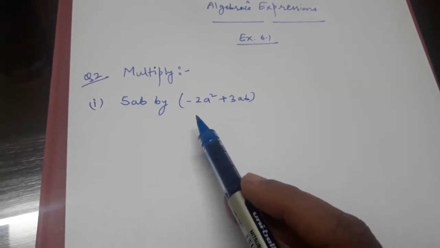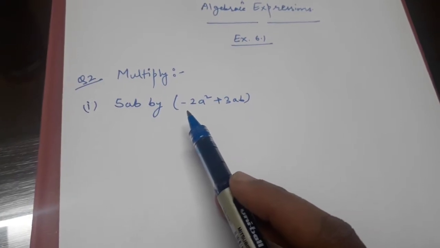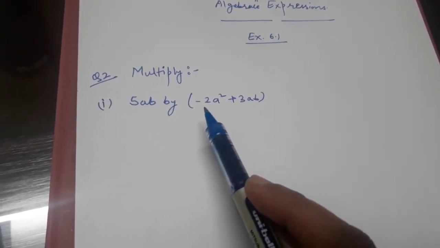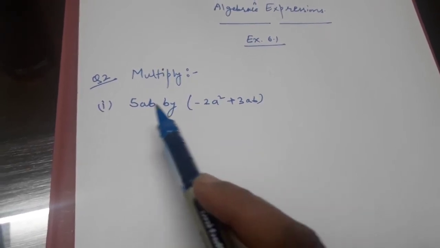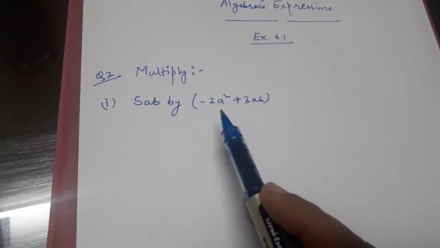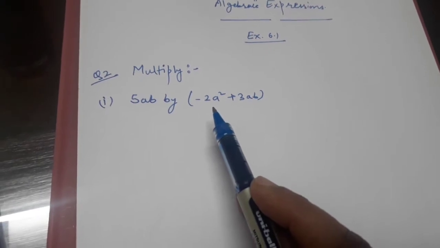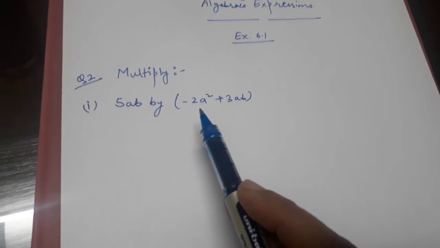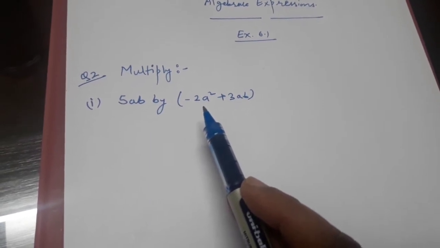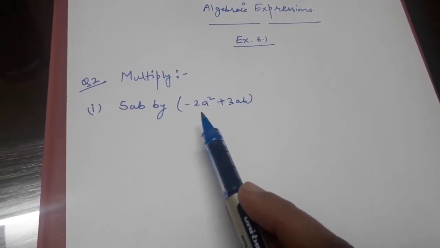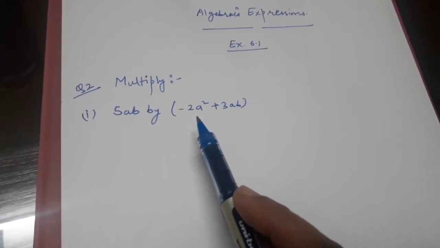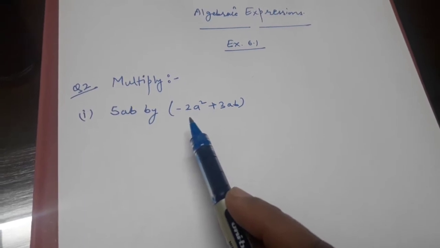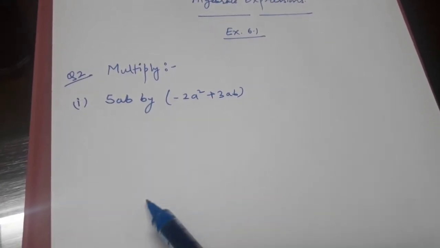In my previous video, I have explained that the numbers, or you can say constants, will be multiplied with constants, and same variables will be multiplied by same variables only. And we also know how to multiply the variables. We have studied it in the chapter exponents also. So if any variable with power is multiplied, its power will get added. So let's check how to solve this question.